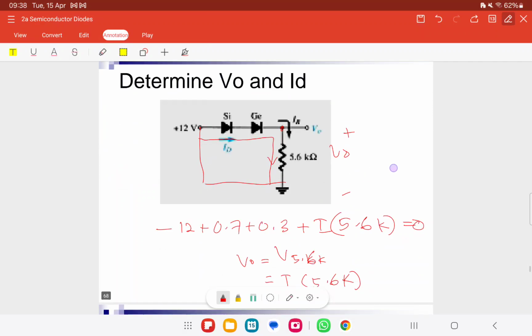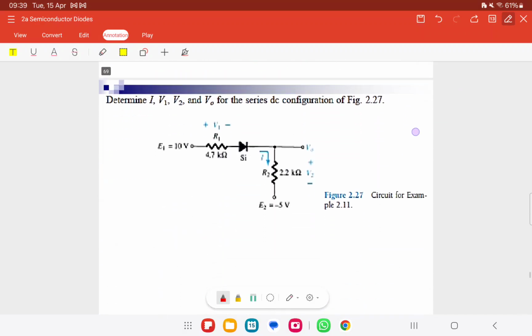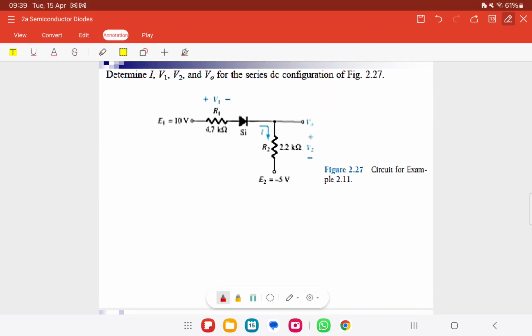Determine the V0 and ID. So ID is the I lah, sebab one circuit kan. So ID is the I value. V0 at this resistor. Okay, voltage drop at the resistor. Okay, so for this one, dia lain sikit this circuit. Minus 10 plus I 4.7K plus 0.7 plus I darab dengan 2.2